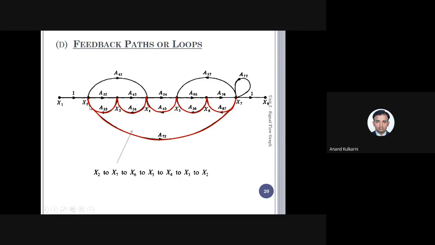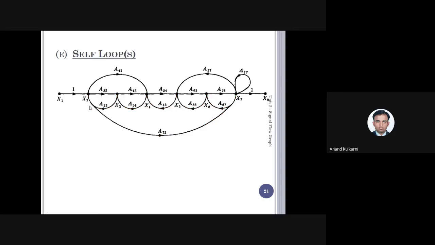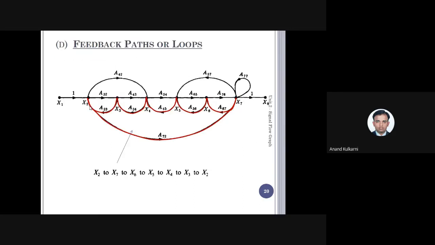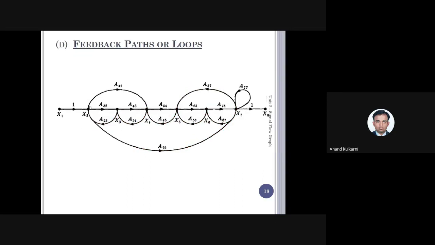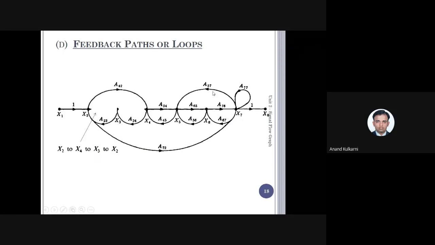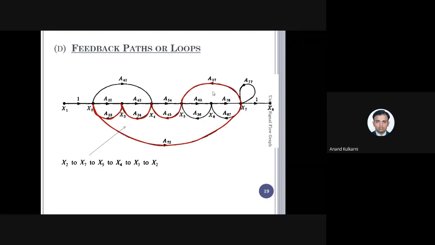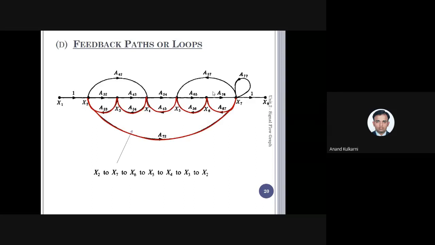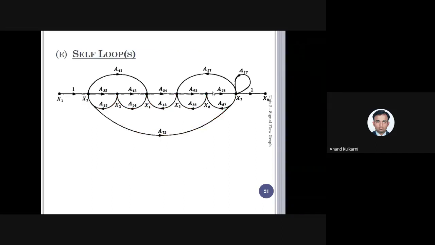So just here, how many loops were there? Initially we thought only 6. There are not 6 loops, there are more than that. So just observe, we will count them. This is 1, this is 2, this is 3, this is 4, this is 5, this one is 6. Then this is 7, this one is 8, this one is 9, this one is 10. So there are 10 loops.